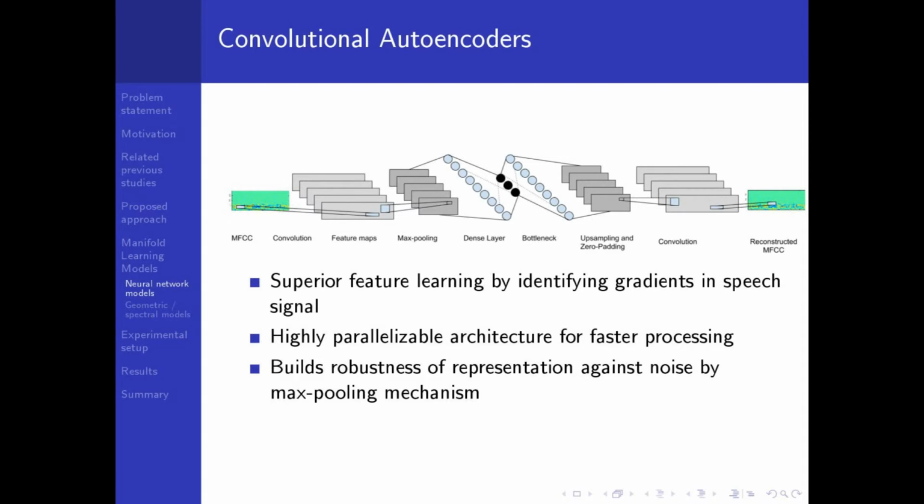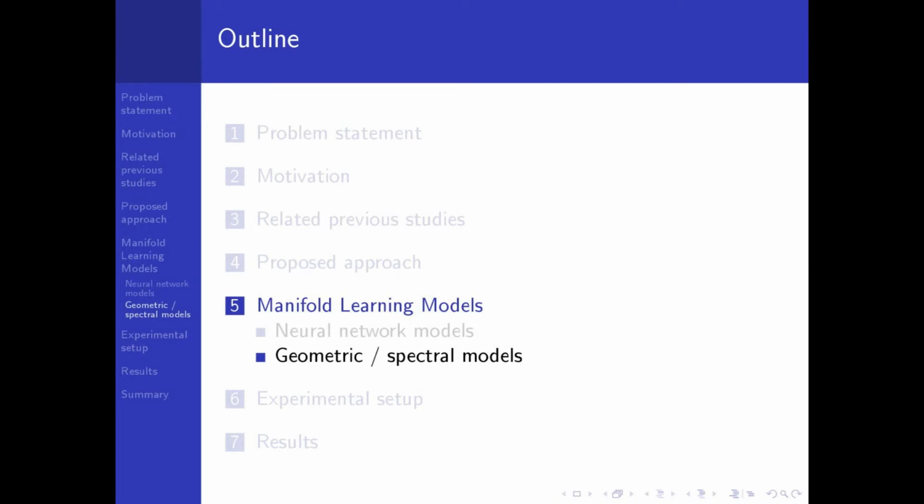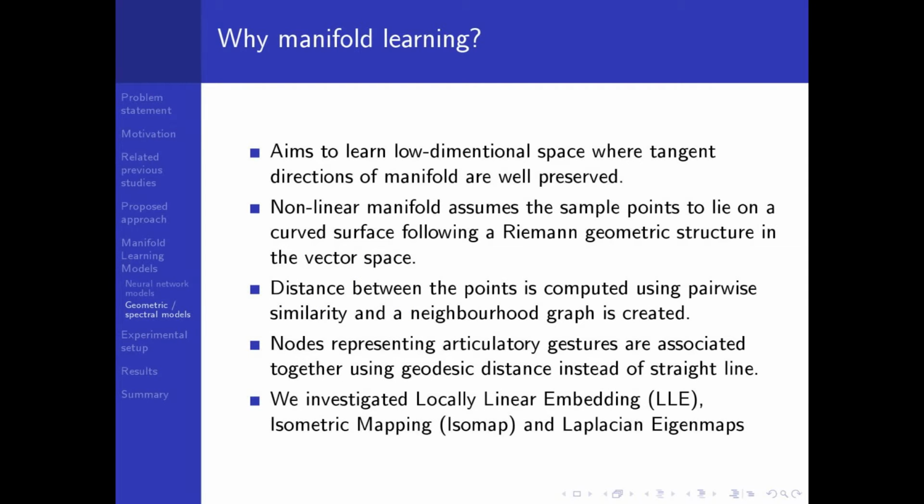This form of deep neural network is highly parallelizable because of independent processing of convolutional feature maps, and also builds robustness against noise by the max pooling mechanism. In order to create an exhaustive comparative study, we experiment with several manifold learning algorithms. Manifold learning algorithms basically project a high dimension space into a low dimension space by obtaining